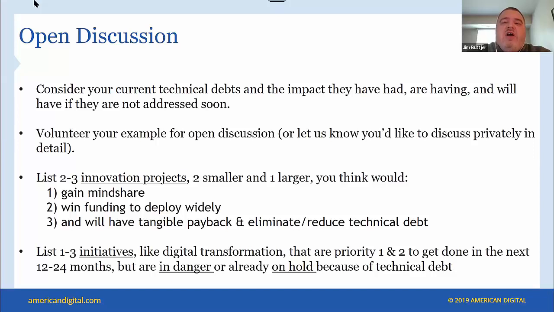Think about that, and we obviously want this to be an open, fair discussion. You don't have to mention any names. You don't need to mention any project names or people's names per se. You can substitute to protect the name of the innocent. But really, we want this time to be available for you to bring it up, throw it on the table, and have us address it, give you some ideas, and make some observations.